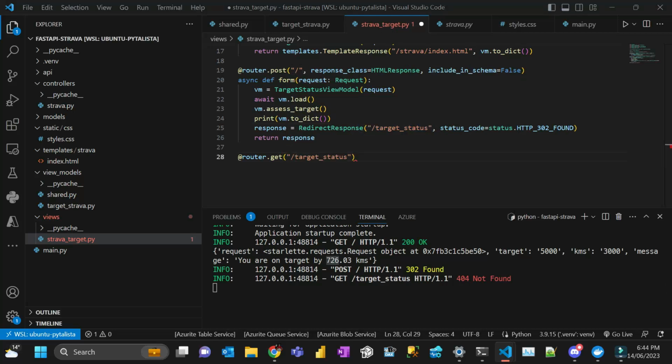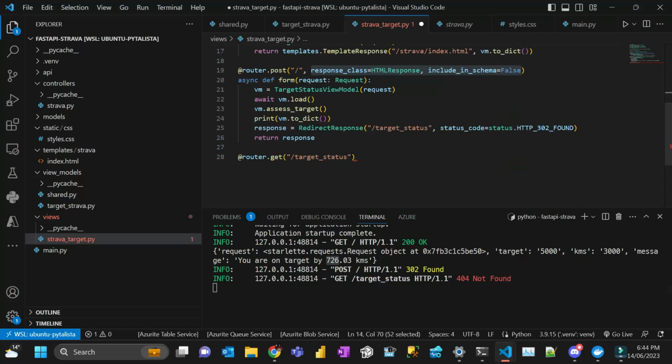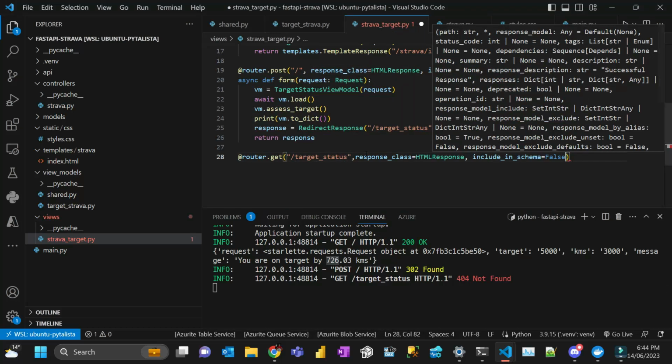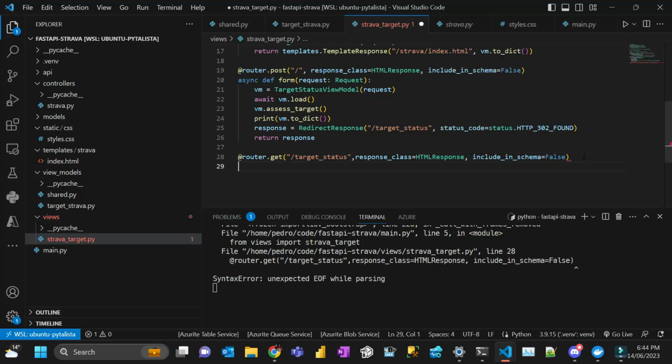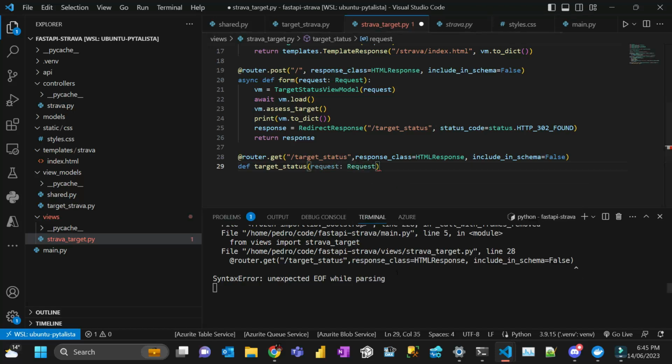and that's going to be pretty much like that because it's going to be an HTML response. I'm just going to copy and paste that bit, and then just do a function called target status, and it's going to take request, which is going to be a request object, and then for now it's fine. I just wanted to handle that, I'll do that later. So I'm just going to return template